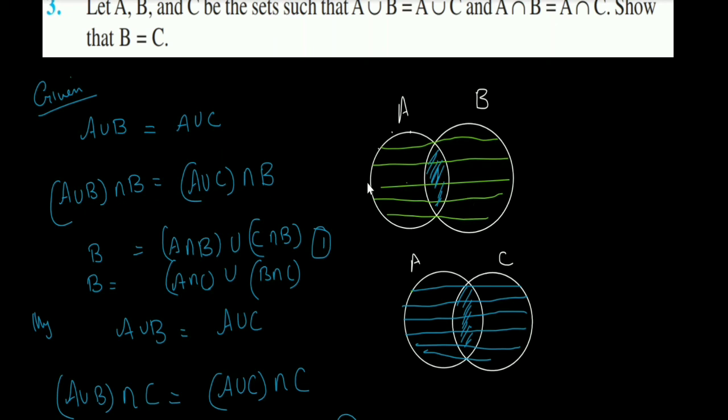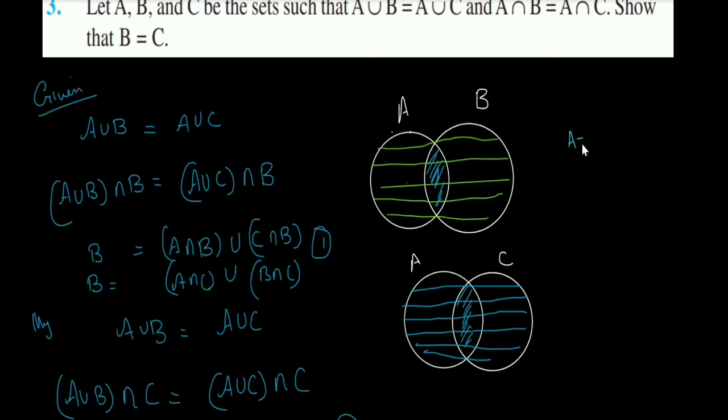So if we want to prove it, let us prove by using the distributive property. So A union B is equal to A union C is given. So take intersection B. We are going to prove B is equal to C, and we have to use this condition. So take intersection B on both the sides. It is like multiplying by 3 on both the sides. Same property we are using here. Now A union B intersection B will be equal to B only, isn't it?